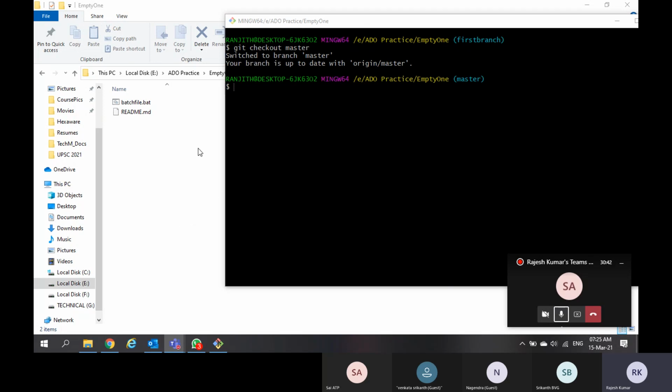So now we come to know what are all the files in master branch and what are all the files in first branch. When you compare master and first branch, we see there is an extra file in first branch. I want to bring that extra file into master branch. How can you bring it? You can merge the changes from first branch to master branch. Merging is not just about the files. You will be getting all the history of the files as well. So let me verify the history first.